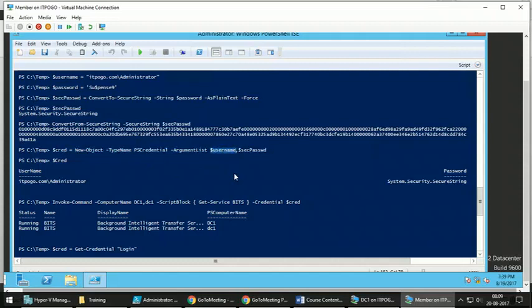Whatever CSV you are importing, that object dot username, and here you can convert it to a secure password right here itself. You can put this command as a parenthetical command here and use the password which is coming from the CSV file.